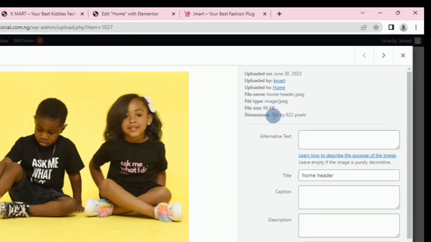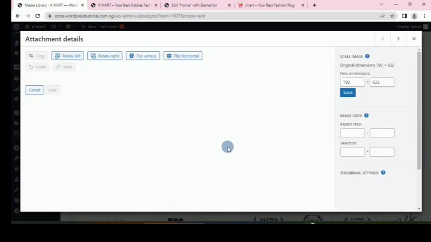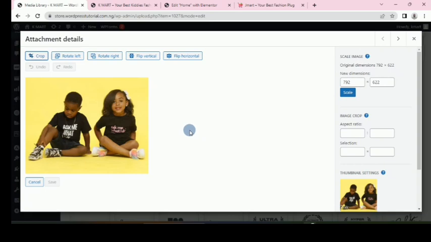It's 790 by 680. So what if we click on edit image? So we can edit the image so that the width and the height become the same. That's just what matters there. So what if we just click on which side is bigger? This side is bigger. So what if we say crop, and crop a little from here and a little from here,